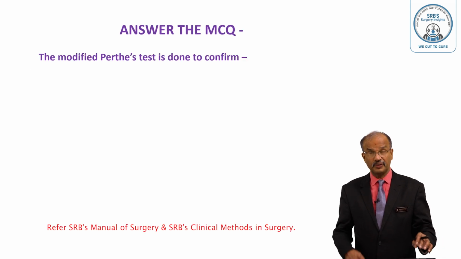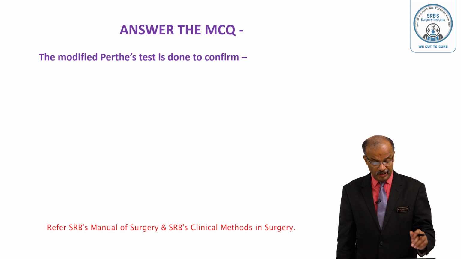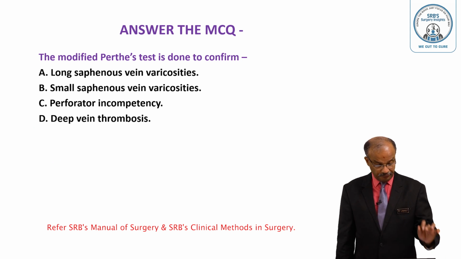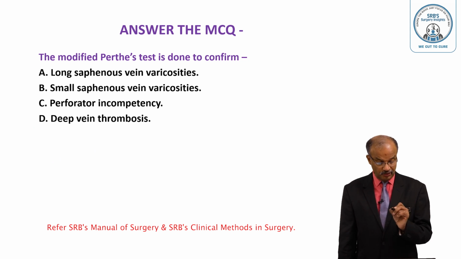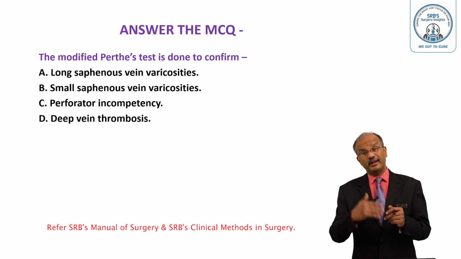And so students, answer the MCQ. The modified Perthes test is done to confirm: A. Long saphenous vein varicosity, B. Small saphenous vein varicosity, C. Perforator incompetence, D. Deep vein thrombosis. So please put your right answer. I'll acknowledge you and give the correct answer later,